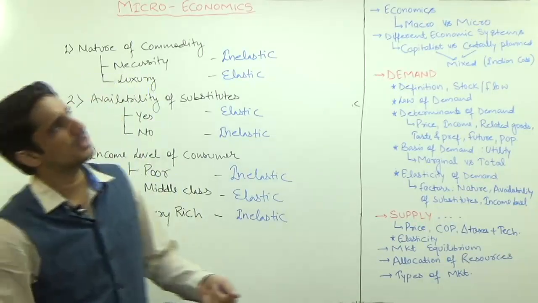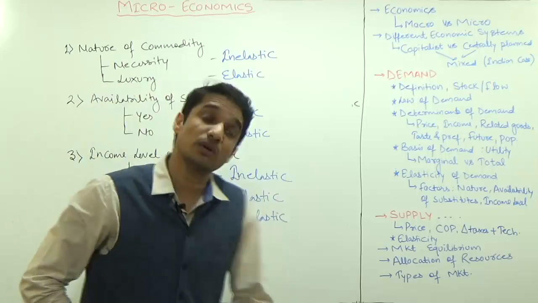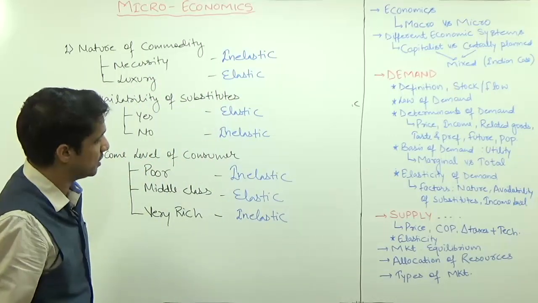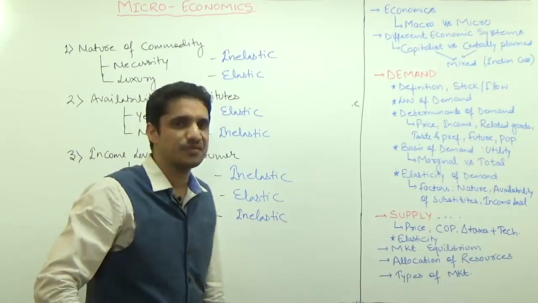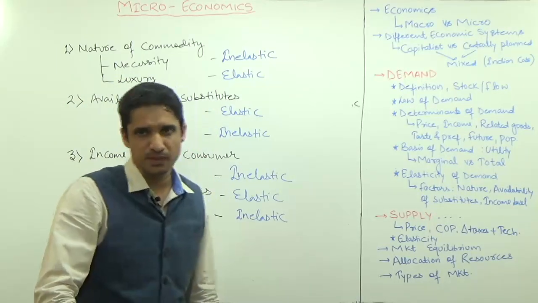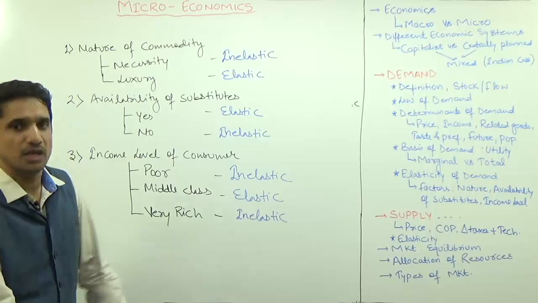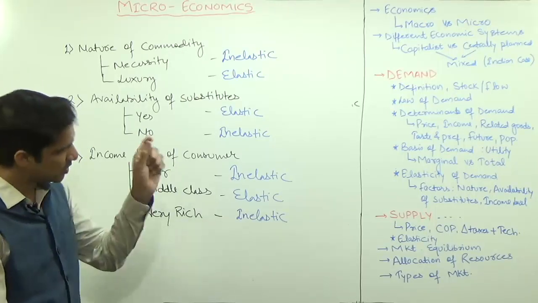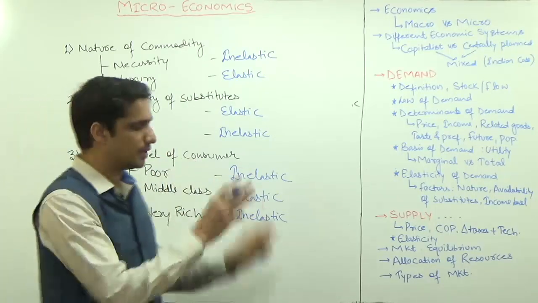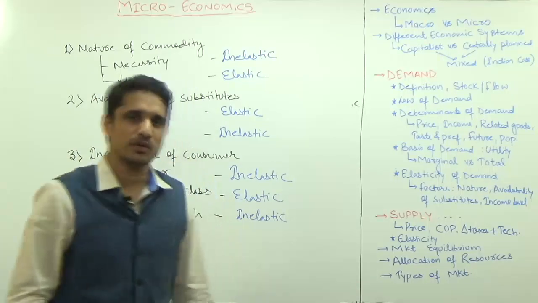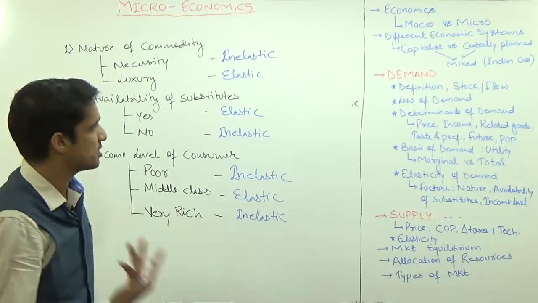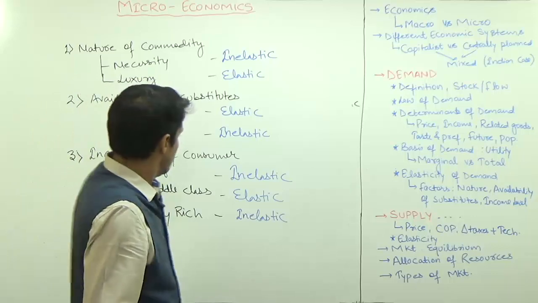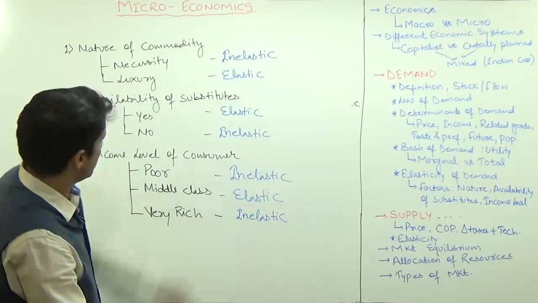It doesn't matter whether, for the Ambani brothers, the price of wheat is 50 rupees or 250 rupees, because they are very rich. If they want to consume this quality of wheat, they will consume that quality of wheat. It doesn't matter whether the price doubles, triples or something. So these are the determinants. This can be asked in the exam.